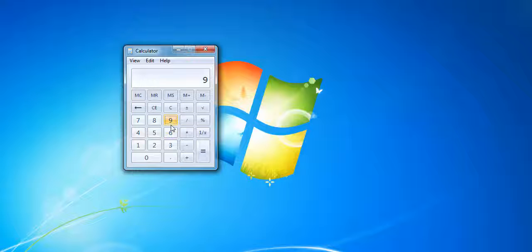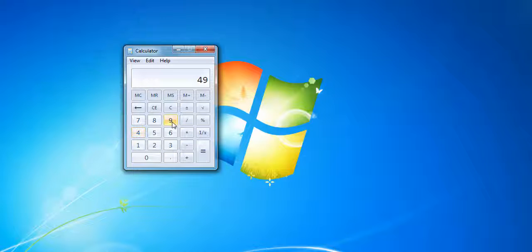Again we will do some calculation. 9 minus 5 is equal to 4, clear. 5 multiplied by 4 is equal to 20, clear. 8 divided by 2 is equal to 4, clear. Now we will calculate the square root.